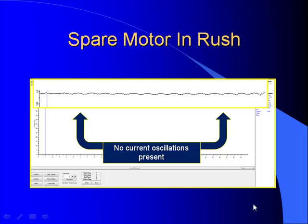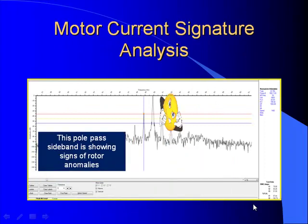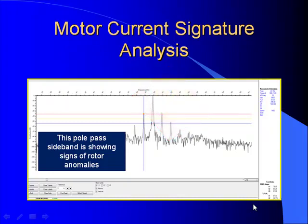If you can save 10 amps on a regular basis, that does add up over the year. Now we're going to look at it from another piece of technology in the EMAX, and this is our current signature analysis. And red is bad, right? Red is bad. That's an ugly spectrum there. No question, when the pole pass frequency sideband is reaching elevations of that height, an immediate flag has to go